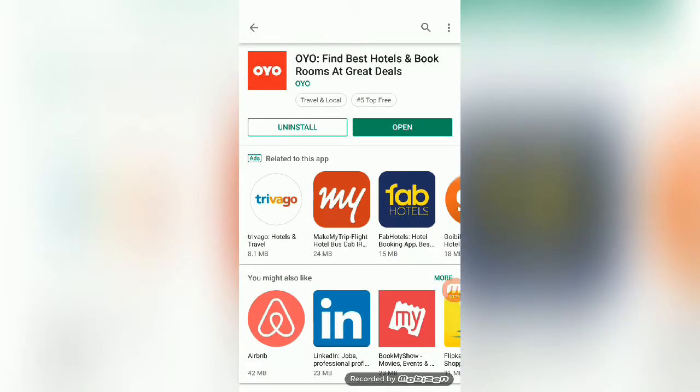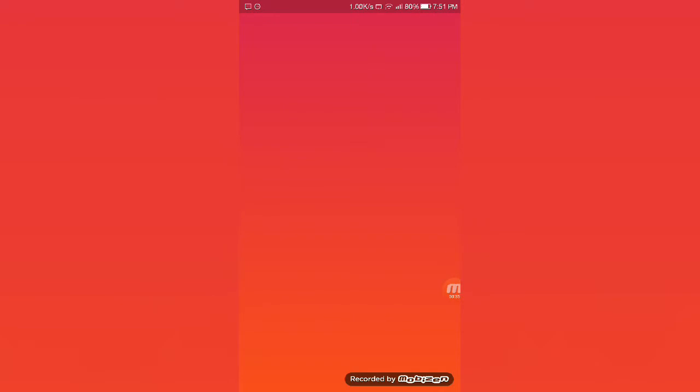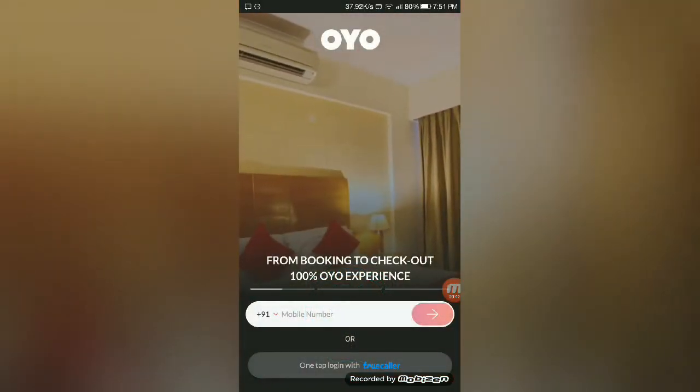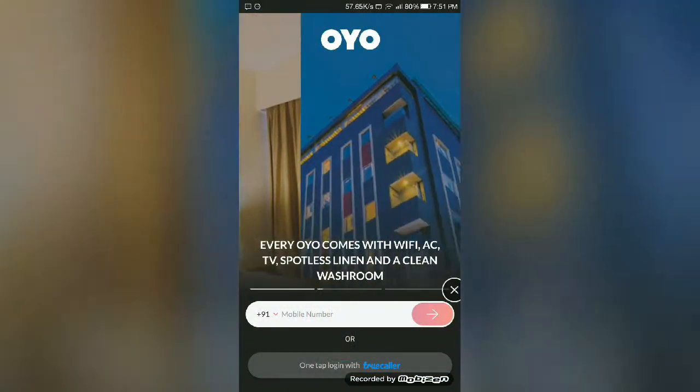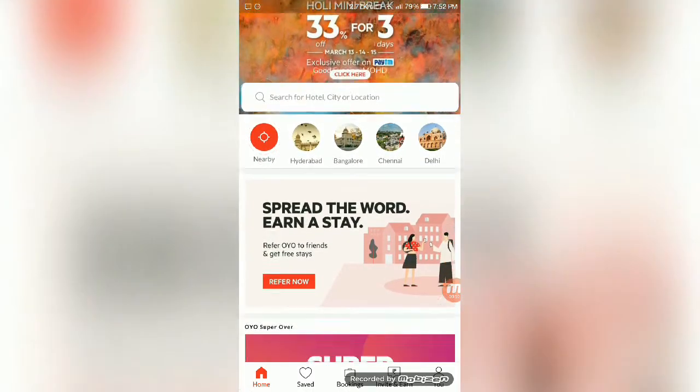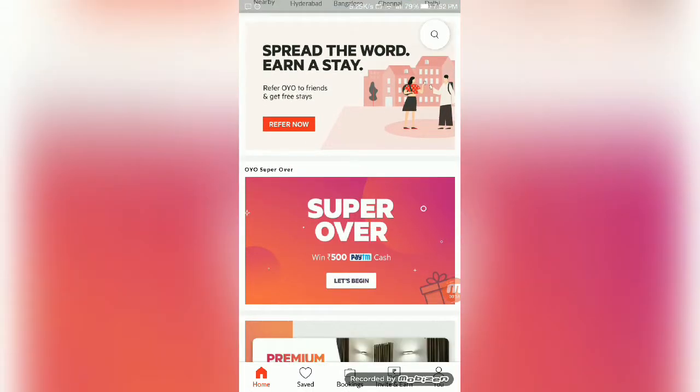Here, it has been installed. Now by clicking on open, I'll open this application. You can see that the page is loading. Now, firstly you are supposed to give your mobile number and validate yourself. I have done that procedure, and after validating yourself and entering some credentials, your account will be available now for